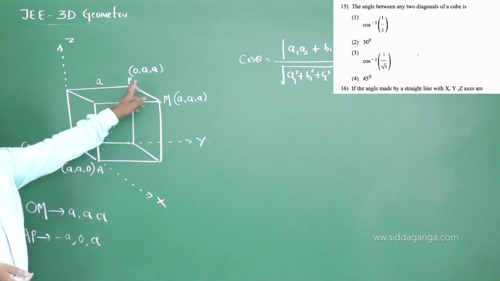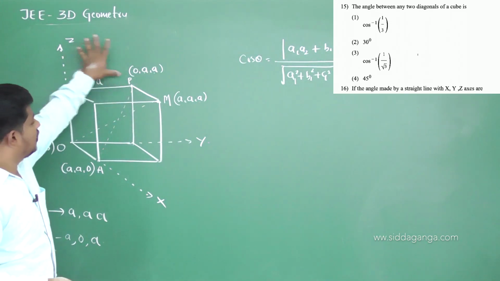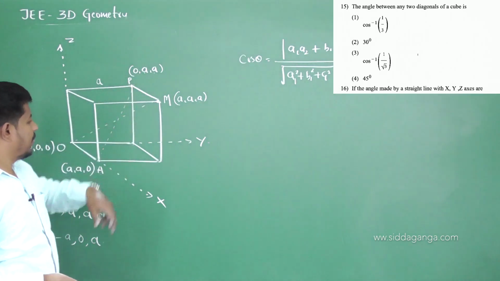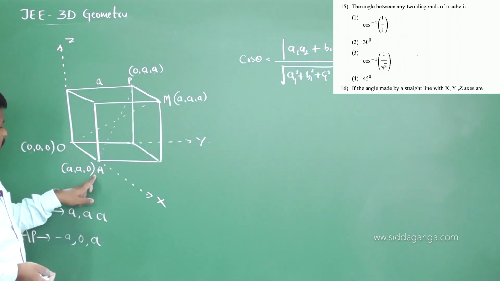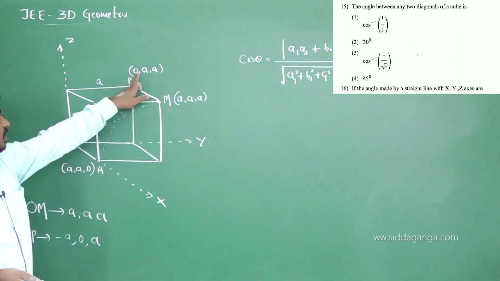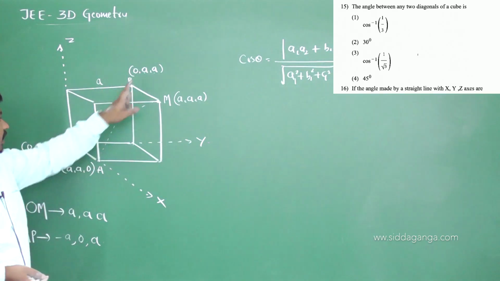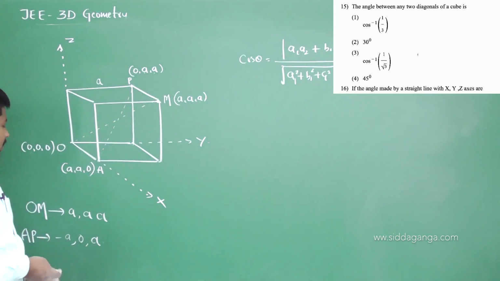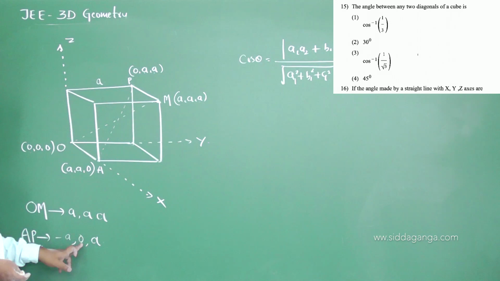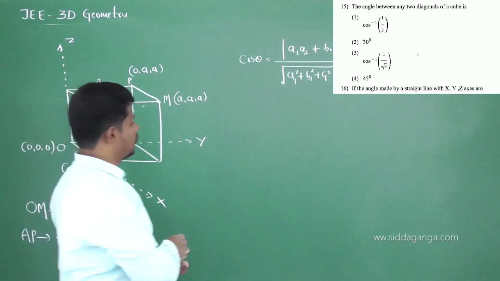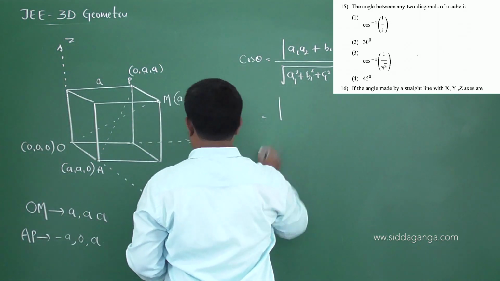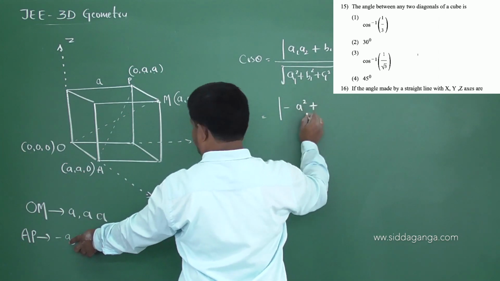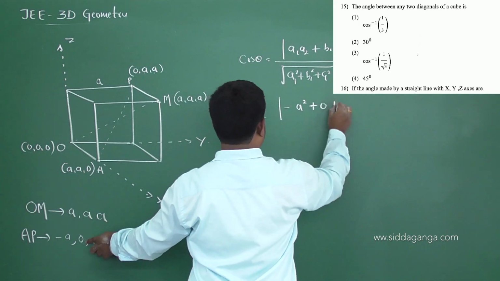Got this? P is on the zy plane, therefore its x coordinate is 0. A is on the xy plane, so its z coordinate is 0. So we have minus A, A, 0 and A minus 0, that is A. Let us take A1, B1, C1, A2, B2, C2 as the ratios. Substitute in this, you get A1 A2, A into minus A square plus B1 B2, 0 plus